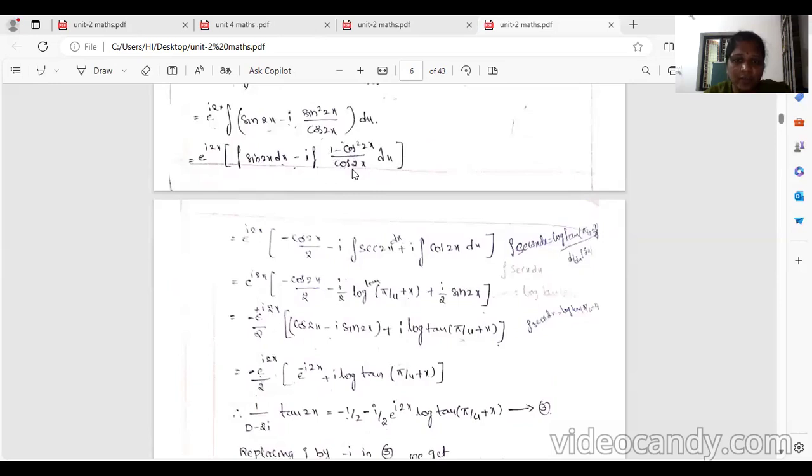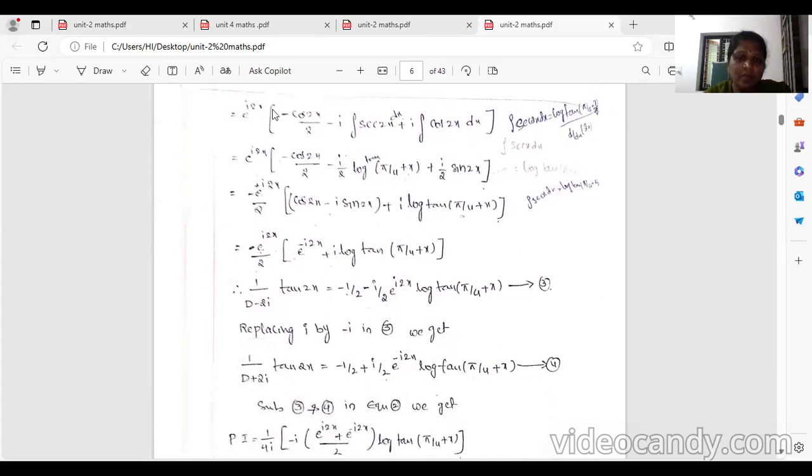1 by cos 2x. 1 by cos means secant, secant 2x. So cos square 2x by cos 2x, cos square by cos, one cos cancels. We get i into cos 2x into dx. e power i2x minus cos 2x by 2 minus